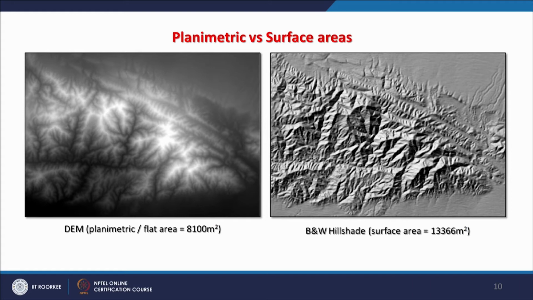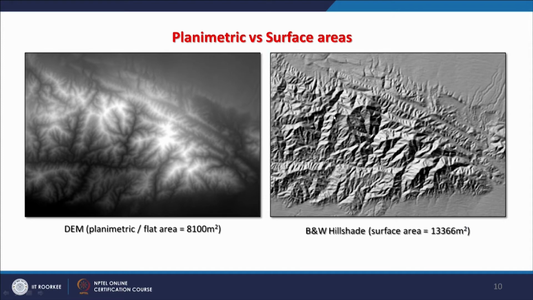It has not been given any height scale, and therefore what you are seeing is only shades of gray. The lighter toned cells represent the higher grounds, whereas the darker ones represent the lower grounds. So, for example, for this total digital elevation area coverage, the planimetric area is going to be this much, because it is the number of cells multiplied by the spatial resolution, whereas since it is the surface area